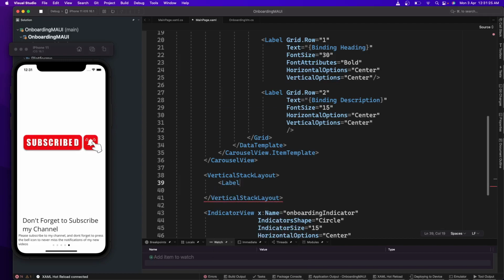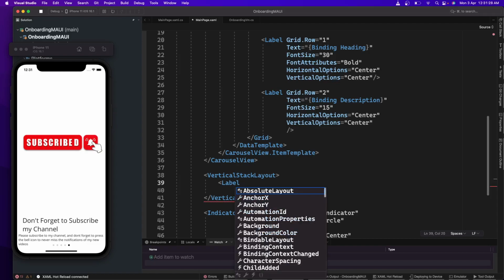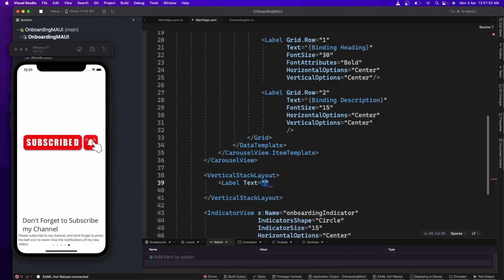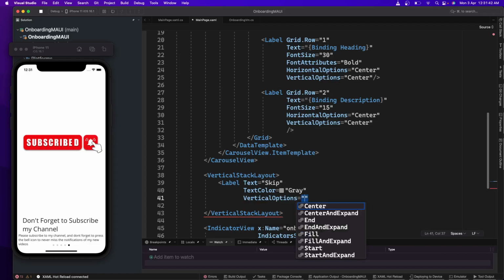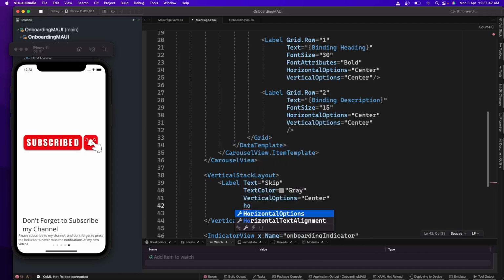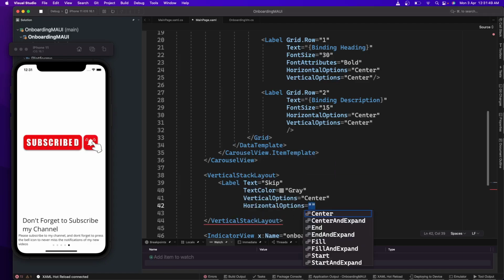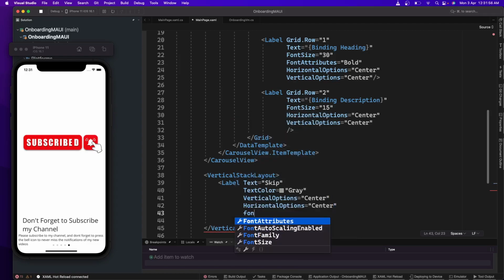For that, let's have a label, and the text is going to be skip, and the text color will be something like gray, and vertical align center, and horizontal options is again center. After that, let's make it bold as well. Font attributes bold,